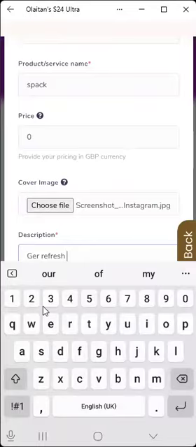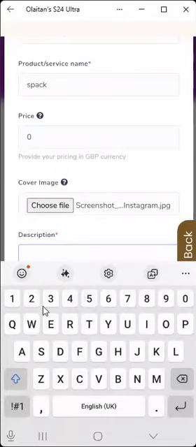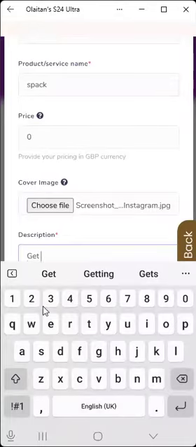Gets refresh, just put the description of what you do. You understand? In this case, because I use Pack, just get refresh, get refresh with